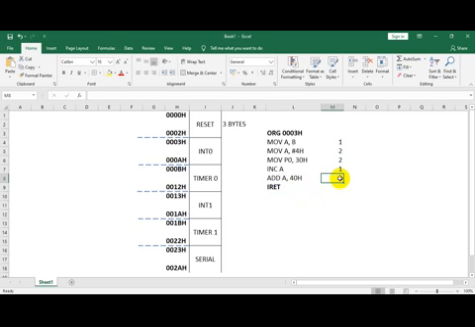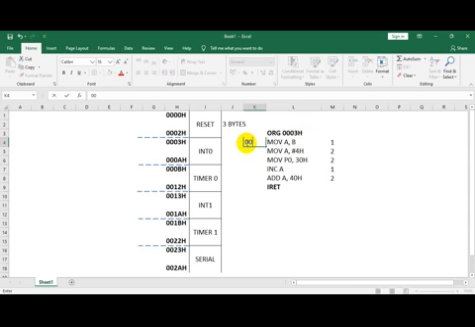So this takes 2. So totally how many bytes now? 8 bytes. So how will it be stored? Whenever an interrupt comes on the INT0 pin, it will automatically branch to this location 0003H because this is fixed.